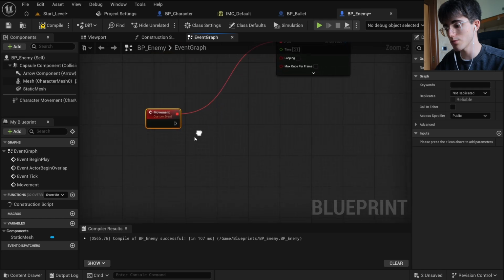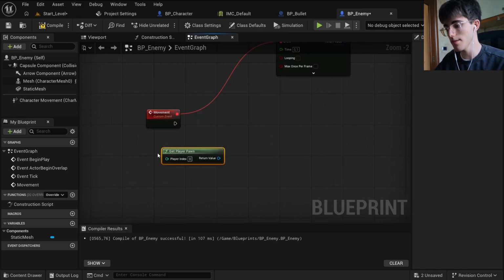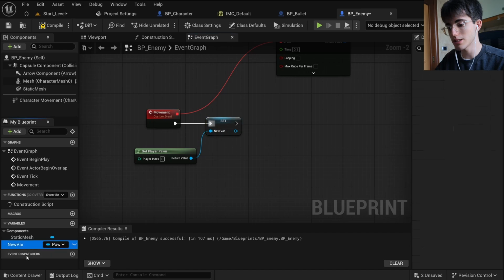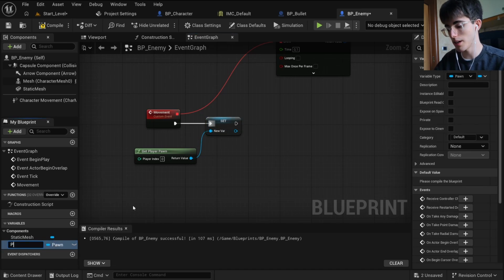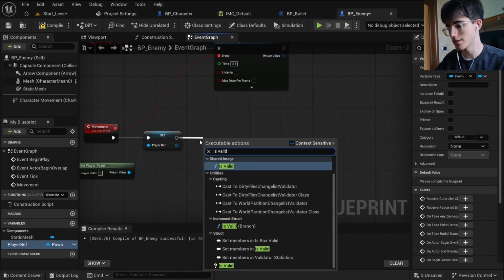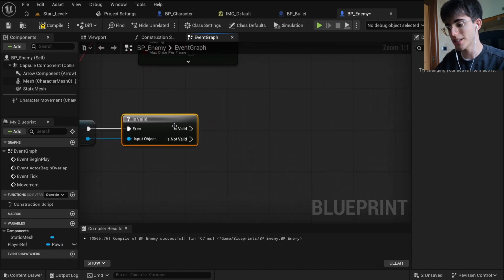So for this movement we want to get player pawn, okay, and set it as a variable. So promote to variable, this variable here. In this case, we can call it player ref, okay? And now we can check if this reference is valid, okay? So this one, is valid, and the input object, of course, is our player ref, and if it is valid,